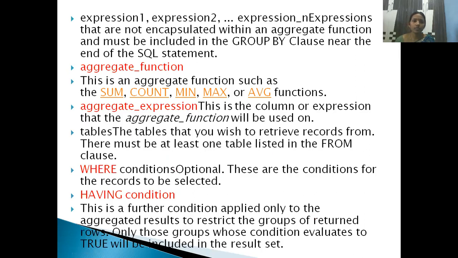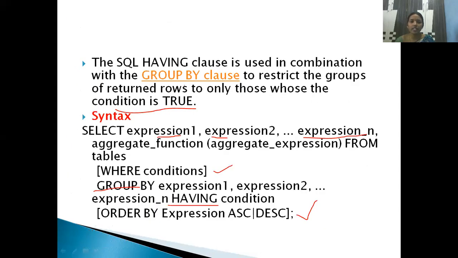Now here, whatever expressions we specified, these are the rules for that. Expressions 1, 2 and n that are not encapsulated within an aggregate function must be included in the GROUP BY clause. That means whatever expressions you are specifying here, expression 1, 2, 3 and so on to n, that many expressions you should write after the GROUP BY clause.